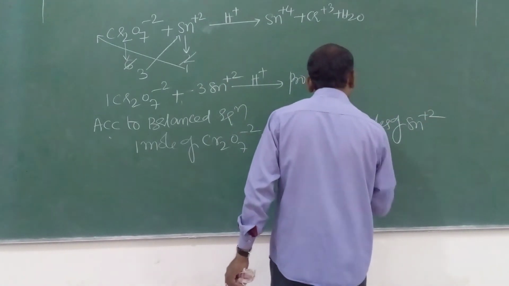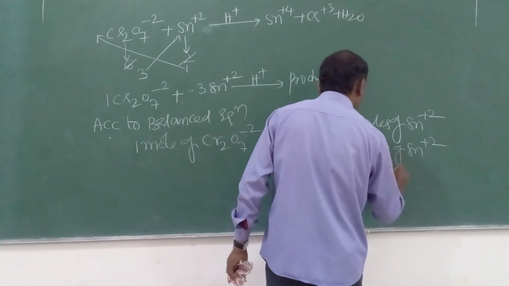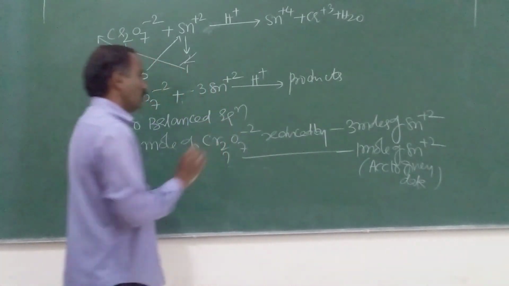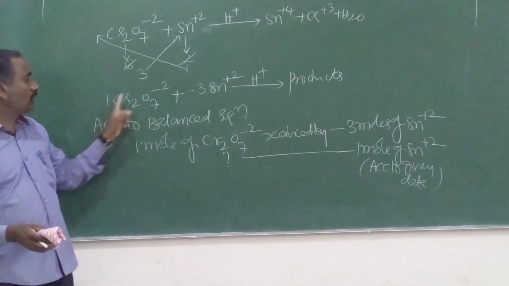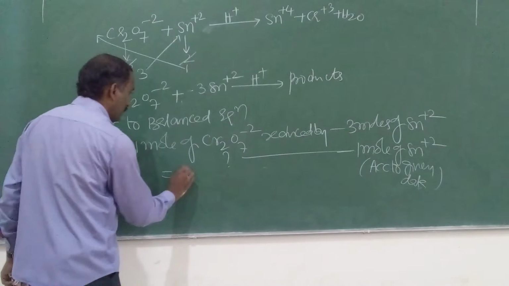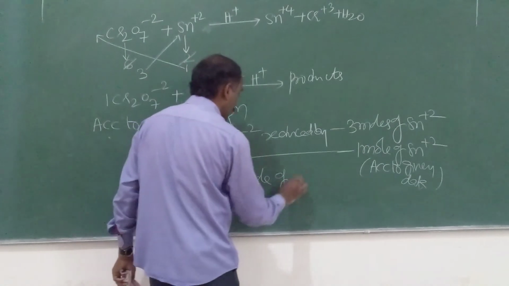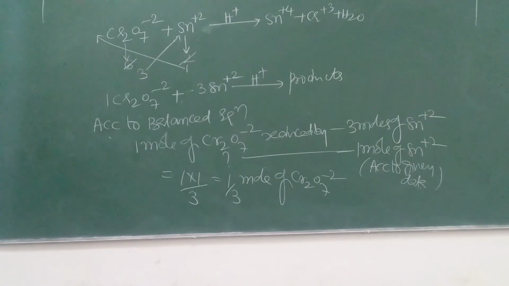According to the given data, 1 mole of stannous chloride is given. This type of question they ask in objective exams. So while doing this type of problem, first of all go through the balanced equation. According to the balanced equation, for 1 mole of dichromate, 3 moles of stannous chloride. Here, for 1 mole of stannous chloride, how many moles of dichromate? Cross multiplication: 1 into 1 by 3, that equals 1 by 3 mole of dichromate. It is the same as in the previous 3 examples.